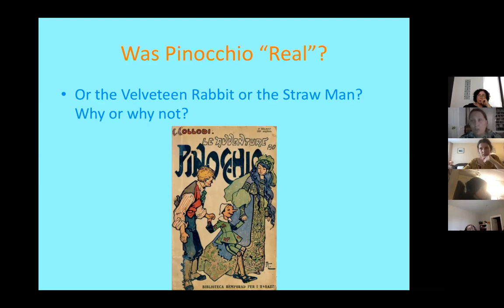And that's true for the straw man, let's say in The Wizard of Oz, and many other different stories where the character theoretically isn't real, but the writer makes the character real because the writer grants them thoughts, speech, action, and appearance. That's how you create a real character.